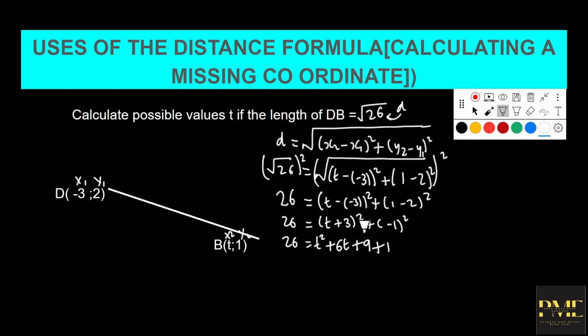So therefore, I'll just bring everything on one side, so I'll have my 0 being equals to t squared plus 6t, okay? Let me just add these together, 9 plus 1, that will give me plus 10. Then I transpose that to the other side, passing over no minus 26, okay? So I've got my like terms again there, so 0 is equals to t squared plus 6t,